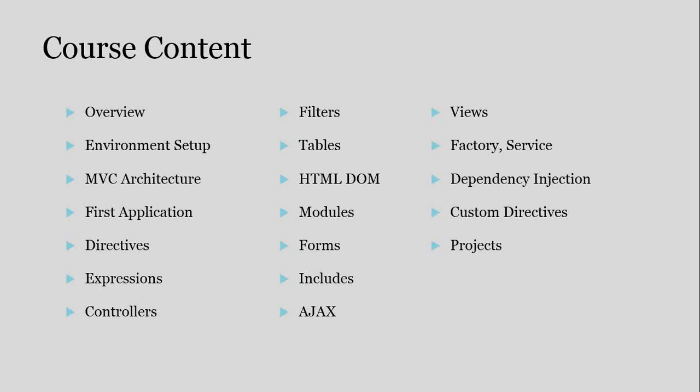Lots of filters are available. For example, if you want to display the same number in different currencies, that is also available. So a lot of such filters. Table sorting is available. You can just give a command in the backend, say order by this column, and the front end will order by that. So you need not create one more function to sort it. If you have decided how you're going to sort it, you need not write a function for it. A lot of inbuilt modules are there, and form validations. So if you have a form you want to validate, AngularJS will help a lot in that.